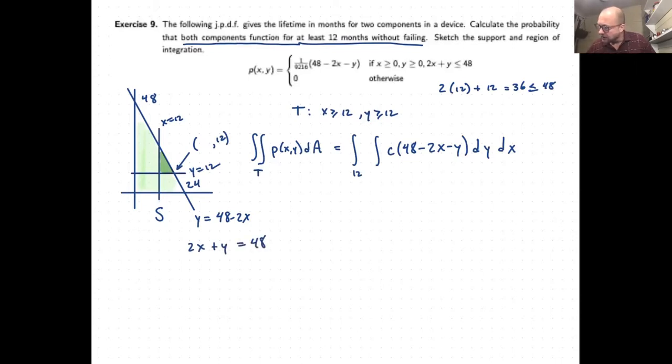So I will take the y out there and put a 12 in, subtract 12 on both sides, get 36, divide by 2, and it's 18. All right, so my x values go from 12 to 18, and then my y values will go from 12 up to y equals, what was it, 48 minus 2x. Okay,